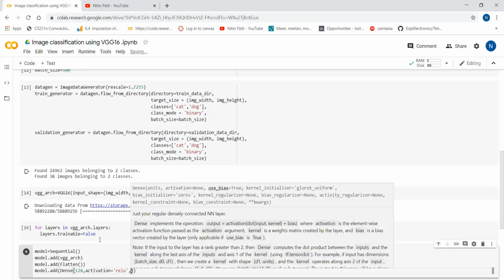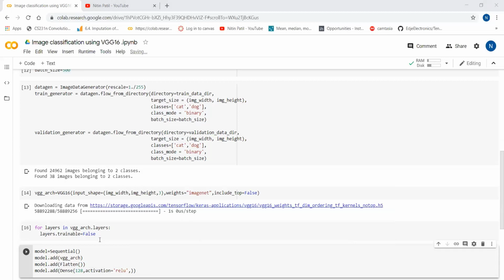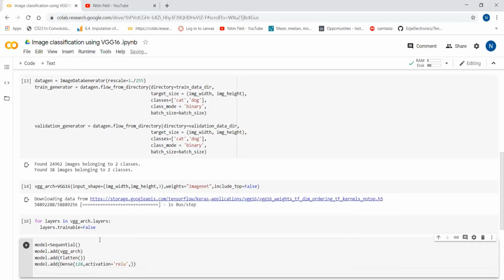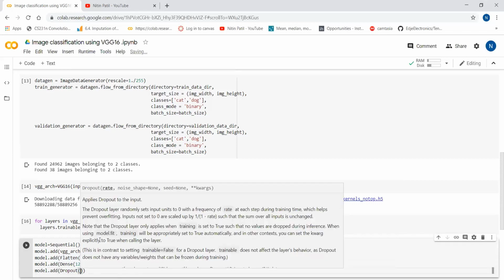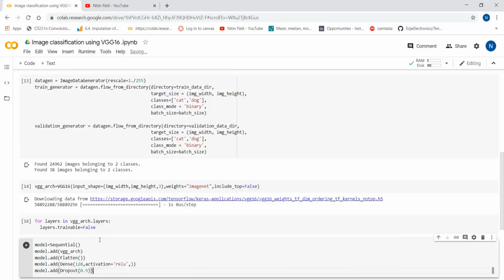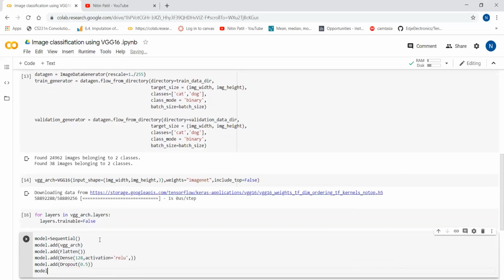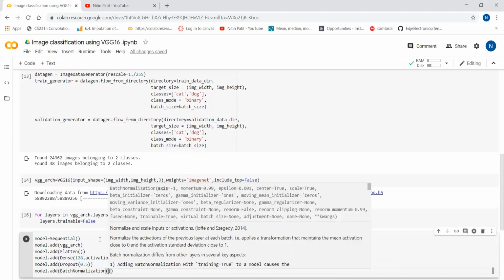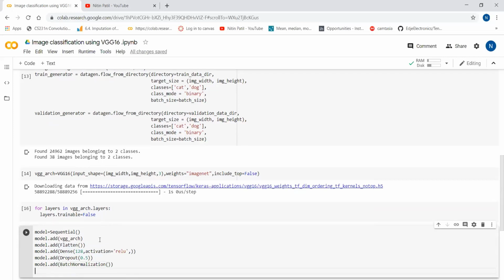And then we will add a dropout layer, model dot add dropout, suppose I will say 5% dropout. Model dot add batch normalization we will add, and now we will create the final dense layer.